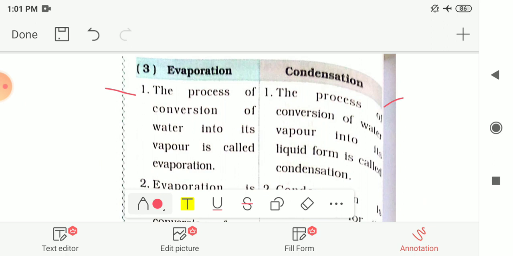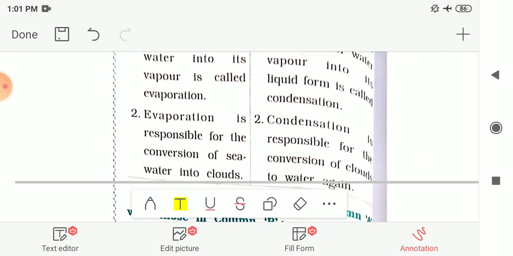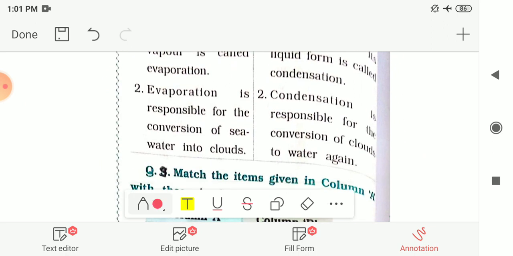Next, evaporation is responsible for the conversion of sea water into clouds. The formation of clouds from the sea water is done by evaporation. Because of the sunlight, the sea water gets heated and converts into water vapor and it forms the clouds.